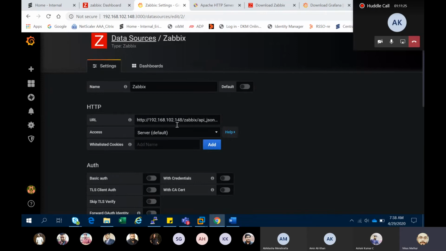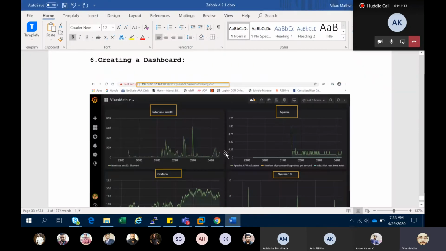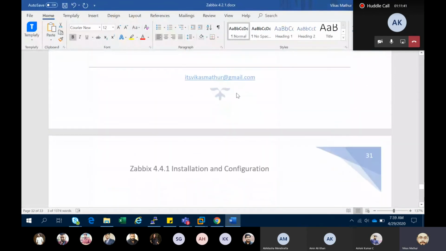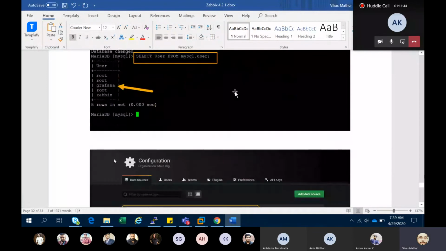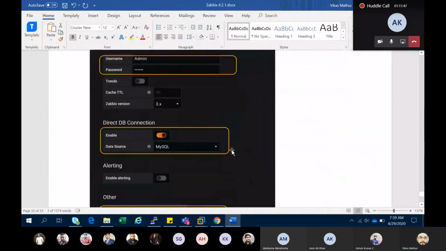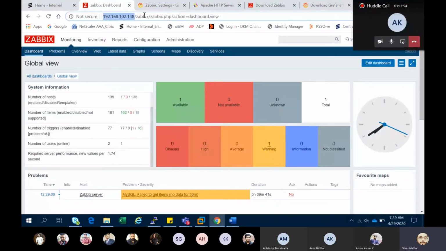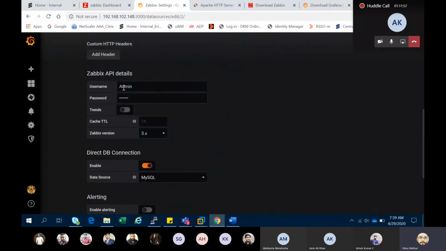What are the changes? That is 180, this is your IP address. The first time, it will look blank like this. Nothing else, you just have to provide this IP only, which is the same IP as your Javix server machine. You also have to provide the user credentials of your Javix admin.